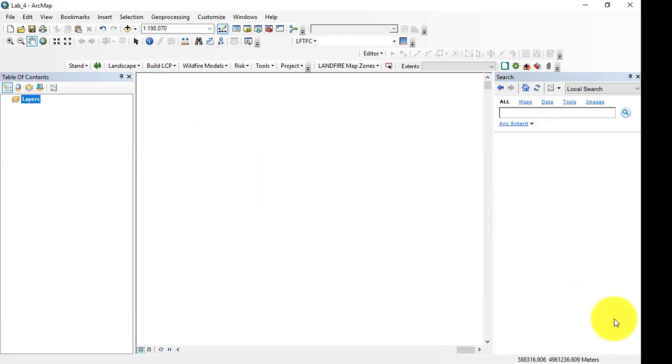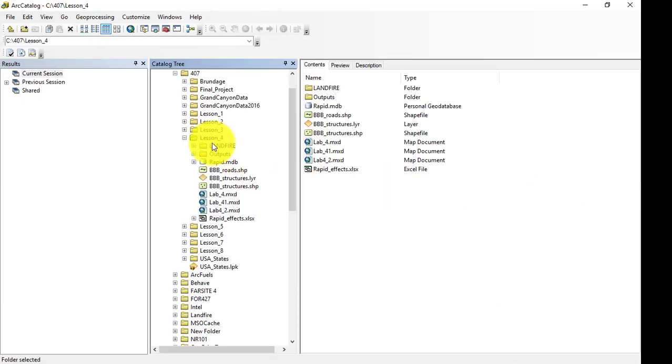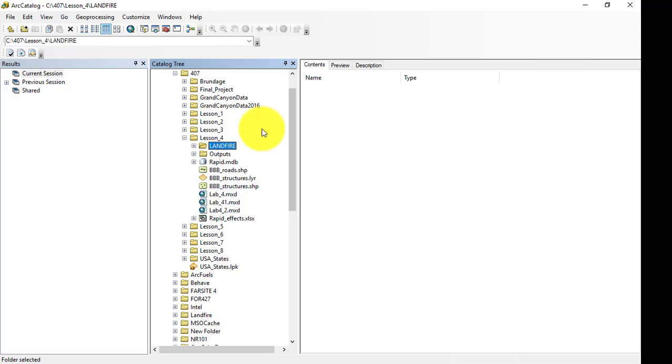To get started, we need to set up our workspace. We're going to open our catalog and go to our Lesson 4 folder and create a folder for LANDFIRE and also an outputs folder. In the folder for LANDFIRE, we're going to be creating a geodatabase for our no treatment and our two treatment alternatives. Call the first one LANDFIRE